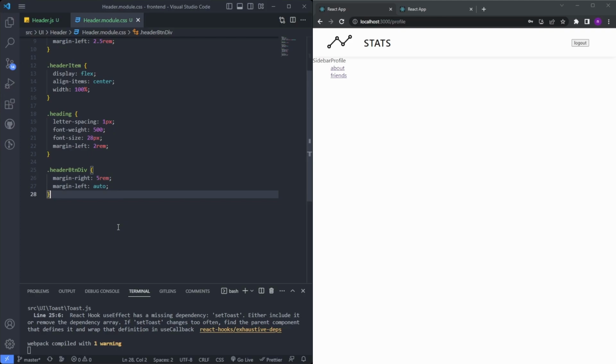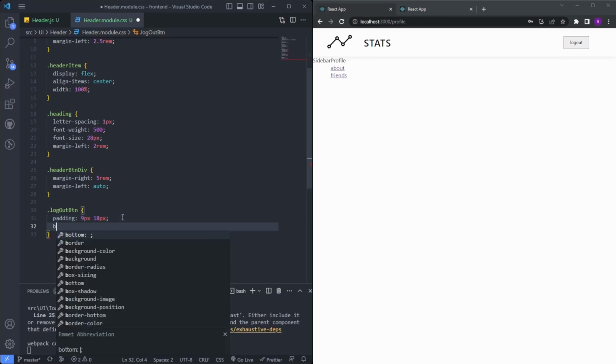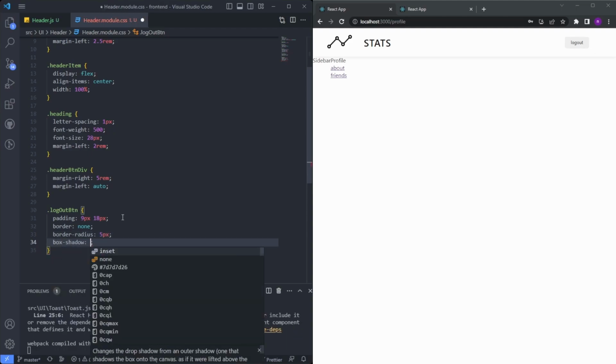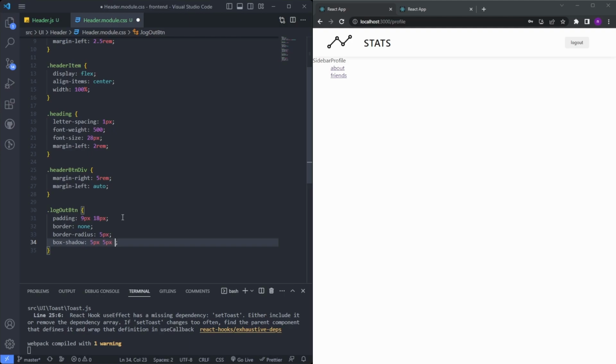And finally we need to style our button, right? So the logout button will have a padding of 9 pixel and 18 pixel, let's say, so that our button is big. Border will be none, and border radius will be 5 pixel, right? We'll get some box shadow. So box shadow will be 5 pixel, 5 pixel, 15 pixel blur, 1 pixel, and 70 77 d 48. We'll have a darker box shadow,